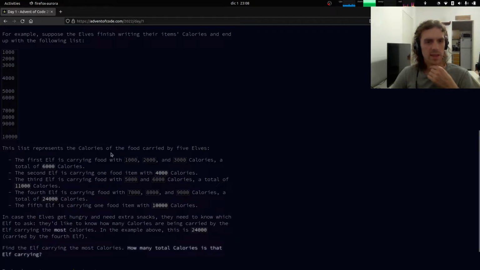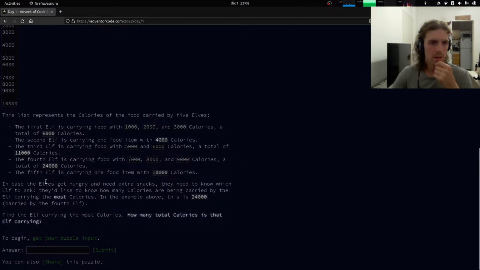This list represents the calories of the food carried by 5 elves. Yes, so there are 5 groups. So each elf is, like the first elf will be carrying 3 items with this amount of calories. Yes, that's pretty understandable. In case the elves get hungry and need extra snacks, they need to know which elf